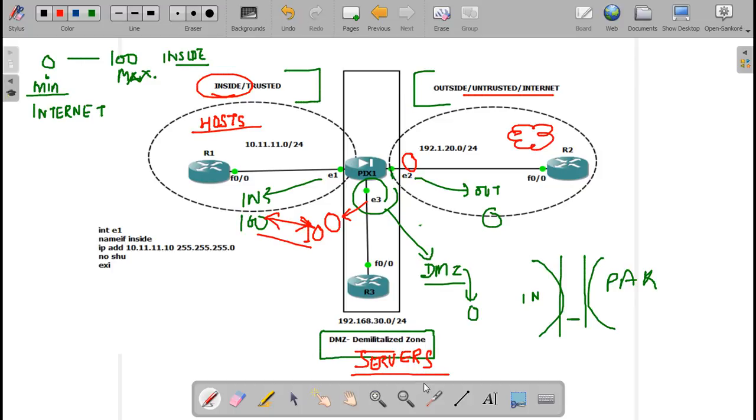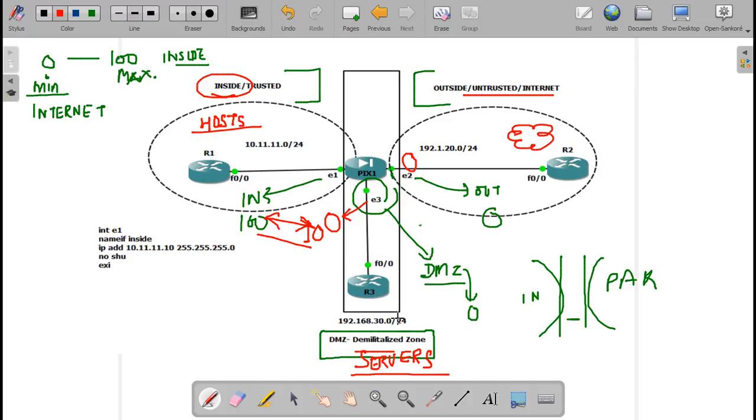So if you have kept server here, and if you are setting your inside network and your DMZ server both security values same, then what will happen? No inside host will be able to come and access servers. Why? Security level is same. And if you set outside and servers on the same, then from internet nobody will be able to come and access your servers. Again a problem.